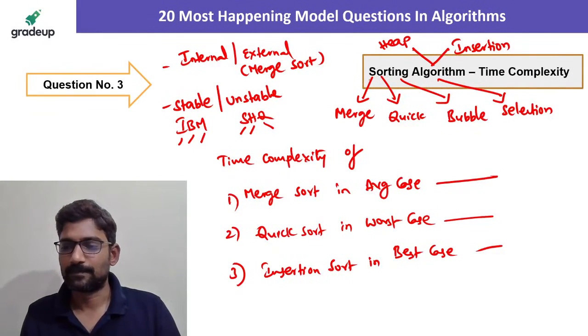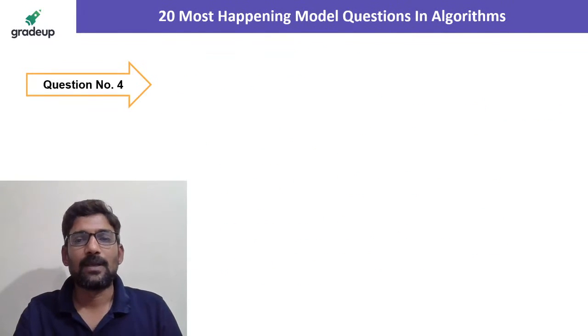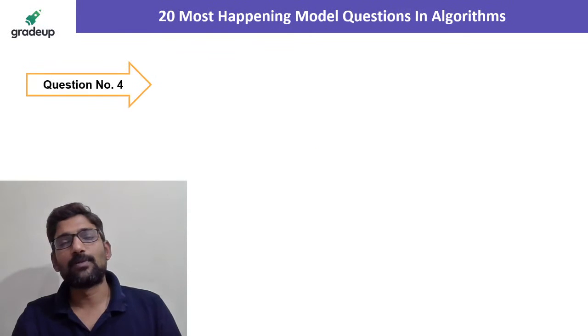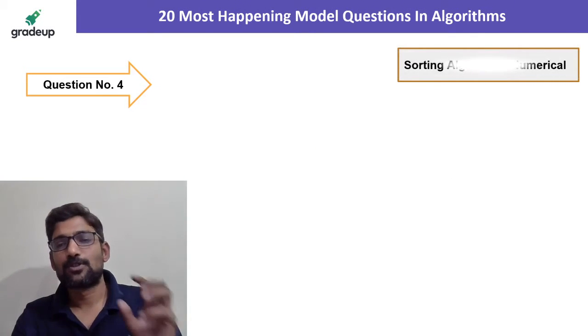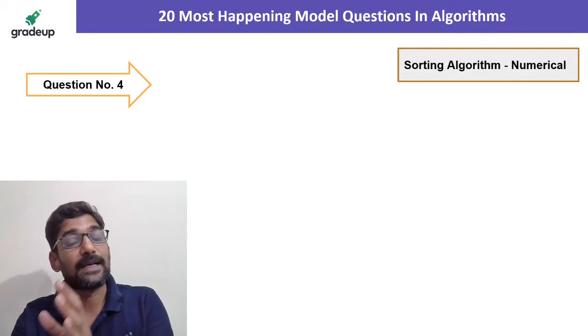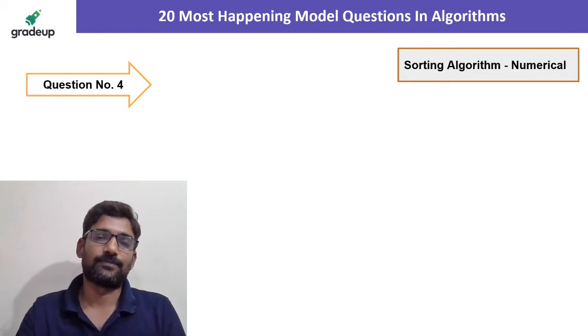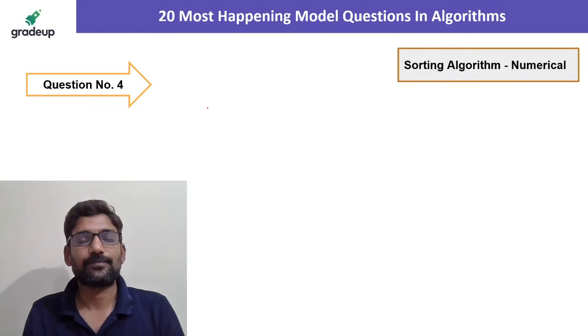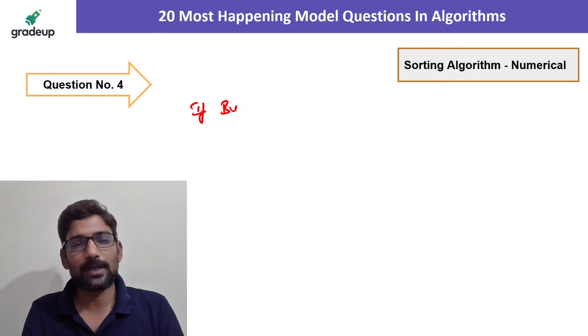Okay. Next, the fourth model question is from sorting algorithms again. It can be numerical this time. For example, if bubble sort is used,